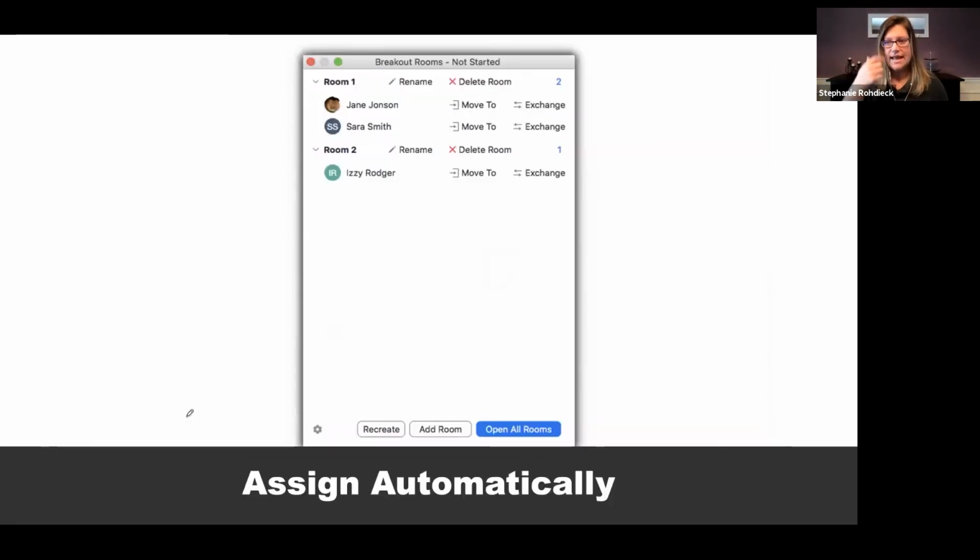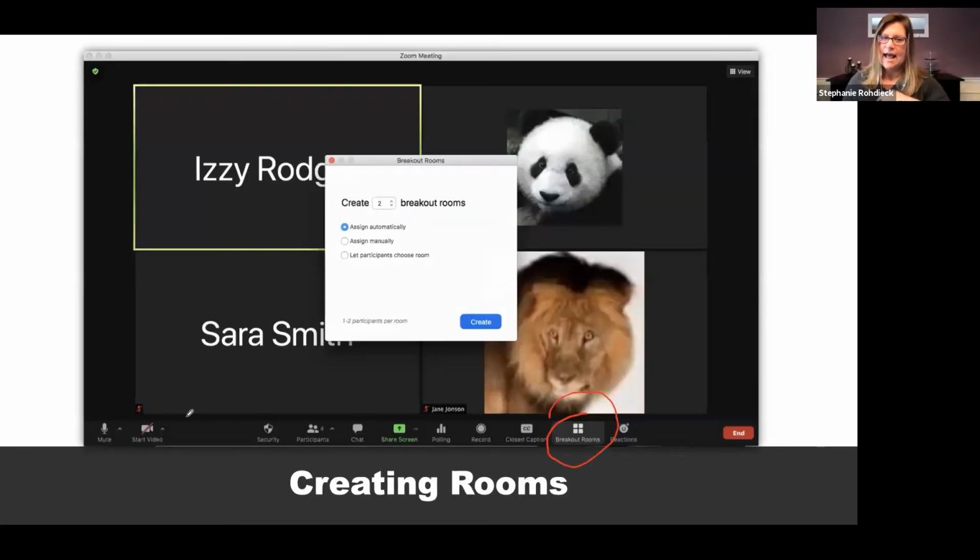Okay, so let's say I clicked on set up automatically. So this is the random, Zoom do the work for me. What happens in this slide is I tell it how many rooms you want there to be. As you click up and down with the number of rooms down here on the bottom, it will start to change the numbers. So you don't have to really worry about the math in the moment, because in the moment you're kind of stressed, like, let me set up the breakout rooms, and all the students or participants are waiting for you. You'll have that experience.